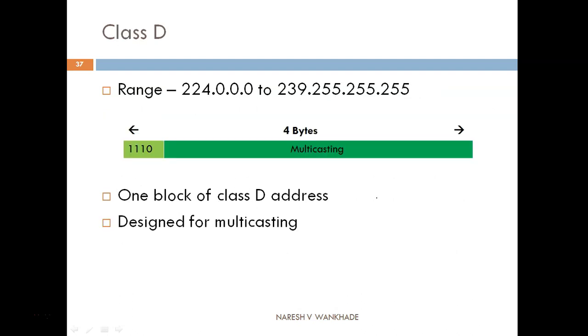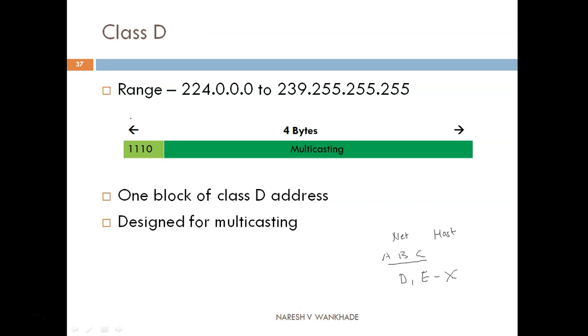Class D addressing. We have seen that a complete IP address is divided into two parts, net ID and host ID. As far as the classes are concerned, only class A, class B and class C have the network ID and the host ID, and the remaining classes, class D and class E, do not have a network ID and host ID.